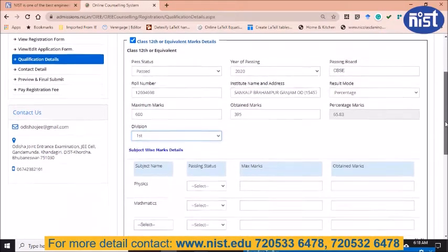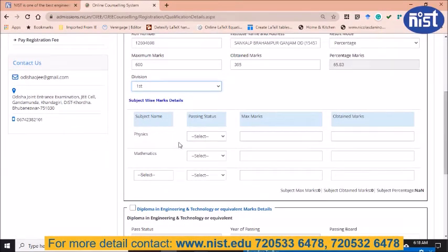Then you can write the physics marks. What is the maximum mark? 100. What is the mark you obtained? That is including both theory and practical. So in physics, it is 58. Similarly in mathematics, the maximum mark is 100, obtained mark 45.